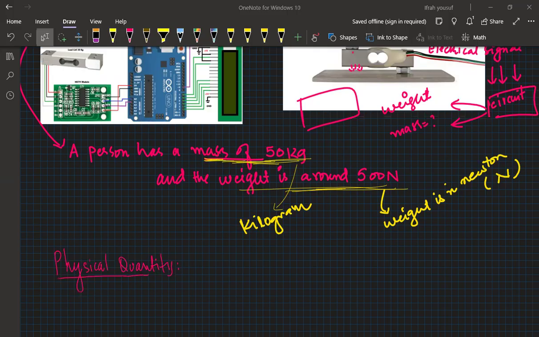Okay. So physical quantity is actually the quantity which can be measured, or which is measurable. The quantity which can be measured and has a unit. Right? Any quantity that you can measure and that has some unit is called a physical quantity. So